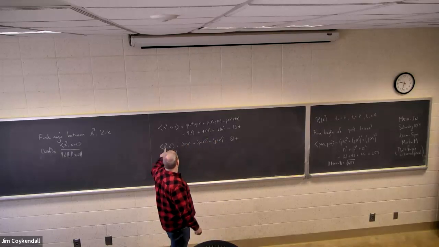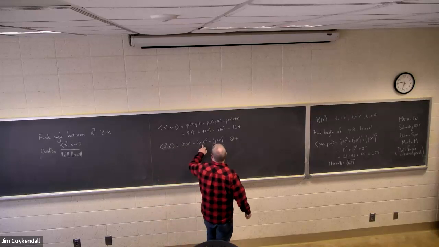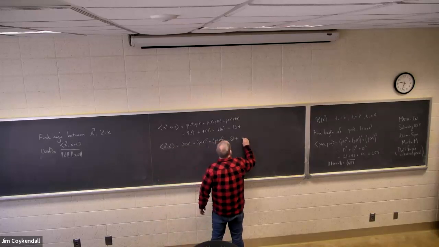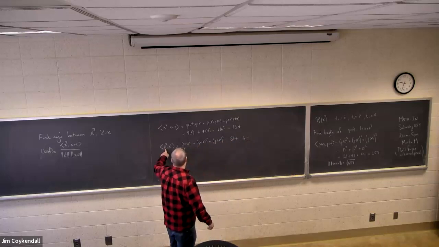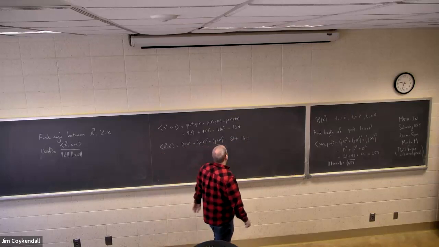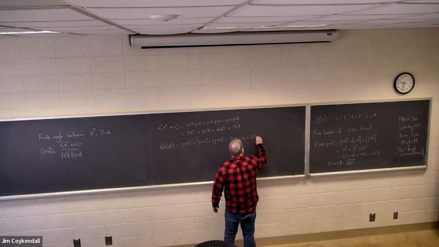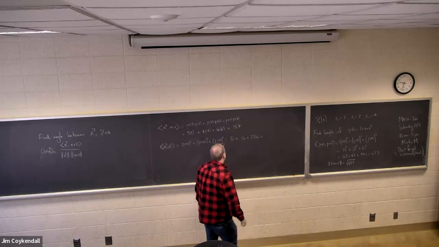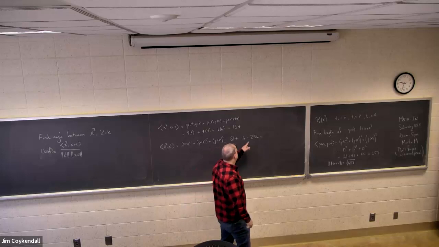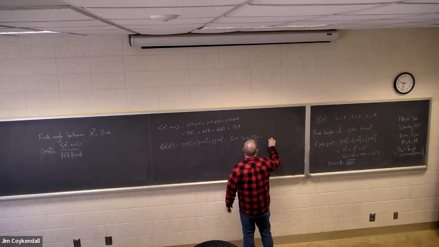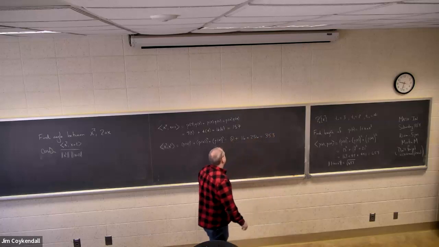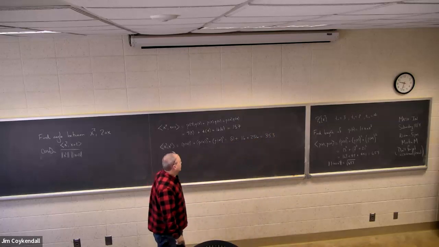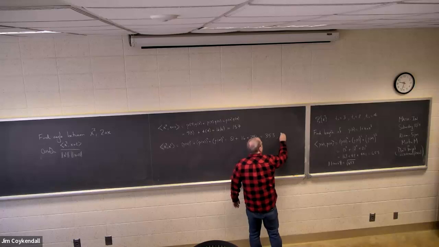When I plug in 2 to x², I'm going to get 4 squared, again 16. These are all powers of 4. And when I put in 4, I'm going to get 16 squared, which is 256. That's 353. So the length of x²